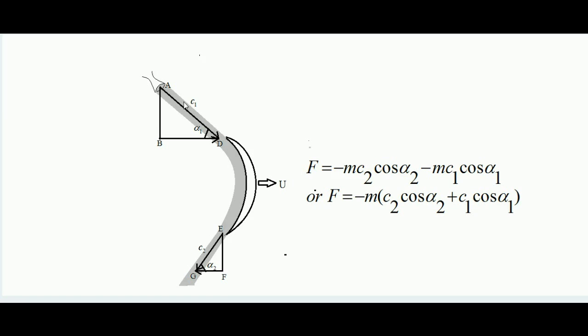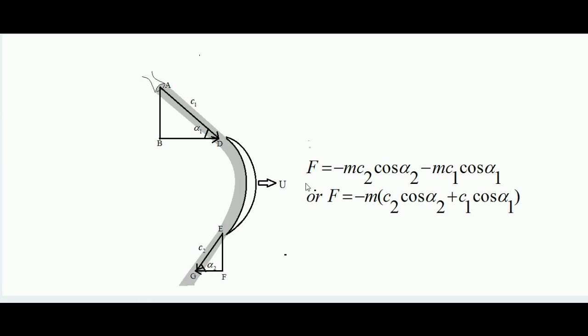Now suppose steam is coming out with velocity c1. Here c1 is also called the absolute velocity at inlet, because the velocity c1 is with respect to the stationary nozzle. So c1 is the absolute velocity of steam at inlet, which is represented by vector AD. Similarly, over the exit, c2 is the absolute velocity of steam at outlet. Again, c2 is with respect to the nozzle itself. So c2 is the absolute velocity of steam at outlet, represented by vector EG.